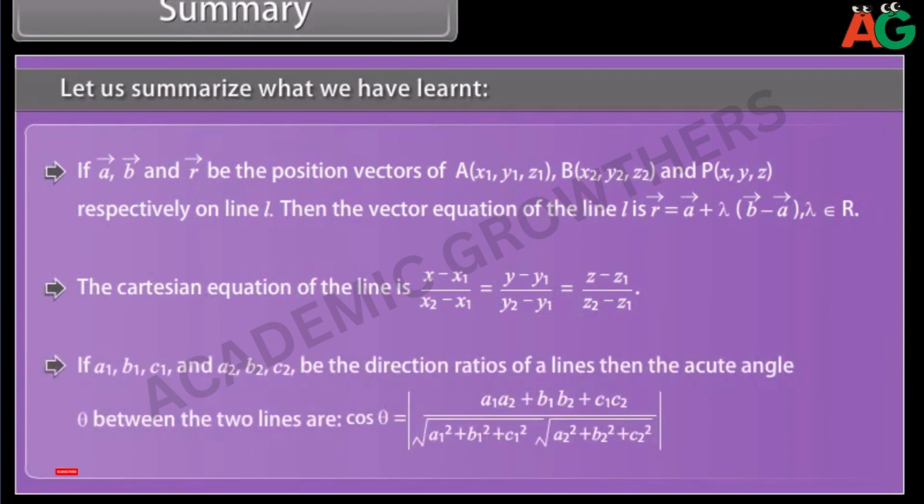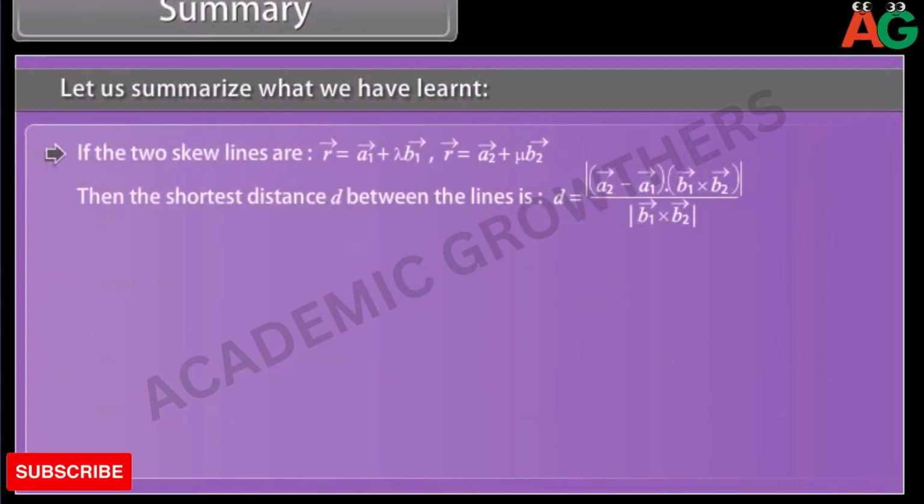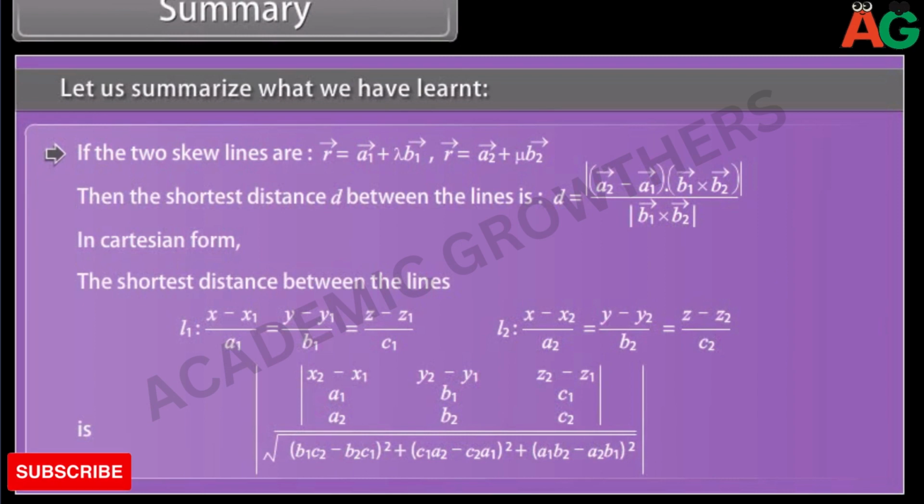If a1, b1, c1 and a2, b2, c2 be the direction ratios of a line, then the acute angle theta between the two lines is given by. If the two lines are skew, then the shortest distance d between the lines is, in Cartesian form, the shortest distance between the lines is